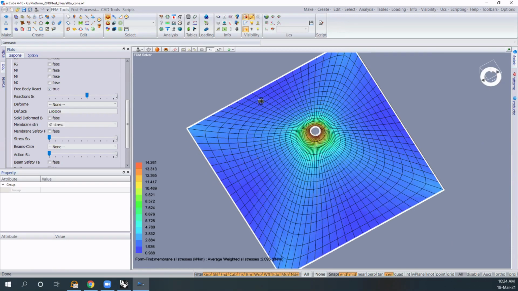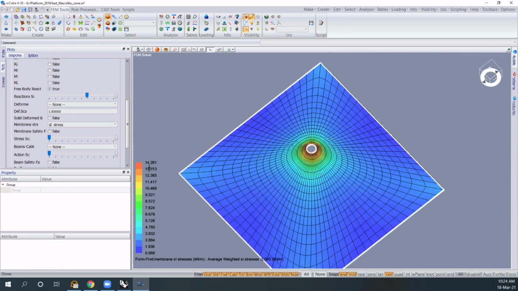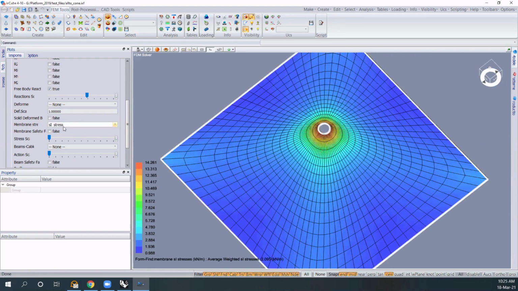So these are the stresses in the membrane. And you see that we have a blue area, all the blue area is 0.9. So the range goes from 0.9 to 1.9, but what? Kilonewtons per meter. So the stress, this is the sigma 1. It's the principal stress. You know, in a membrane,